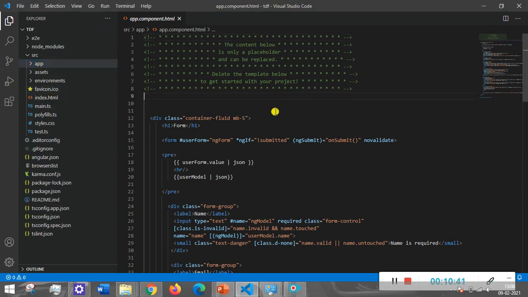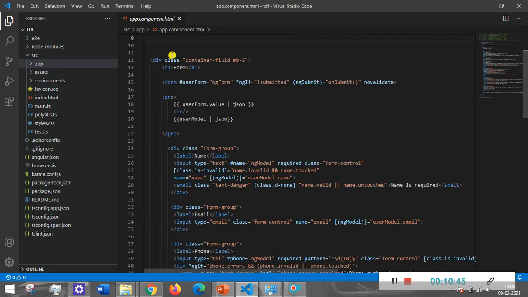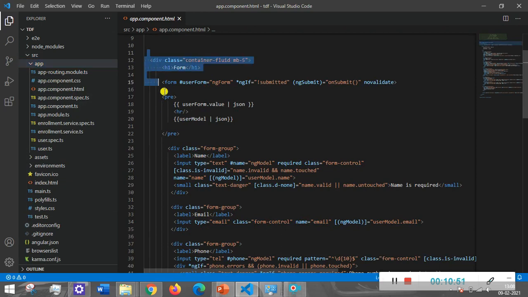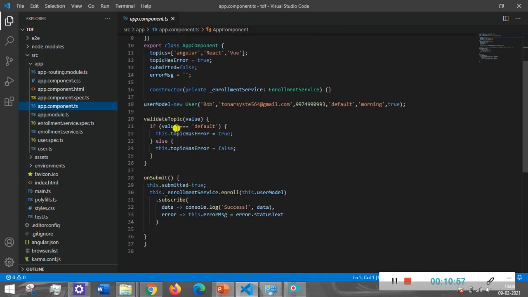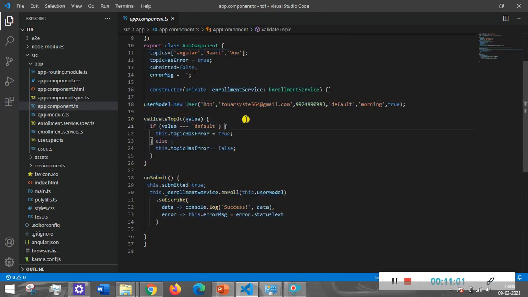So it will be easier for you to understand. Let's say this is a component file. A component will have an HTML file, a CSS file and a TS file. In the HTML file you will only be writing HTML. In the CSS file you will only be writing CSS. And in the TS file you will only be writing business logic, function calls and all that stuff. This is not the case with React. In React you have everything in one place, the logic, the CSS,